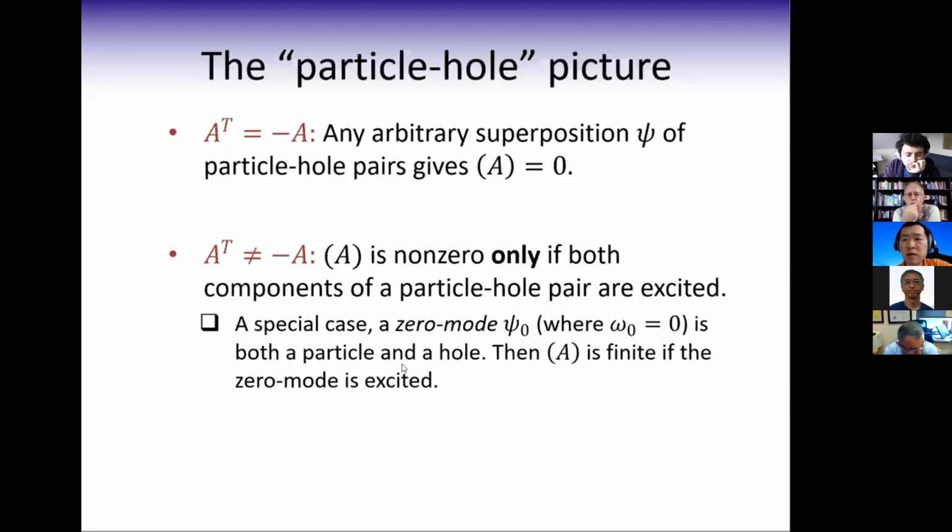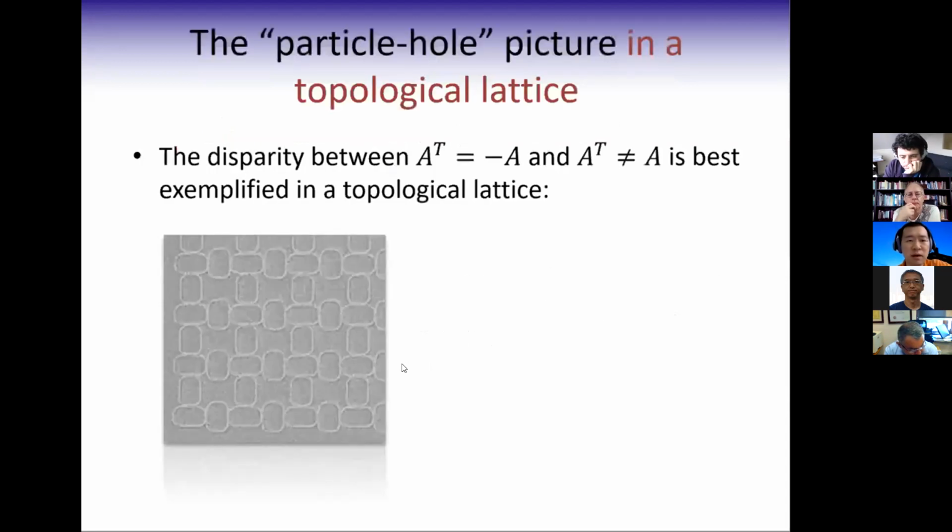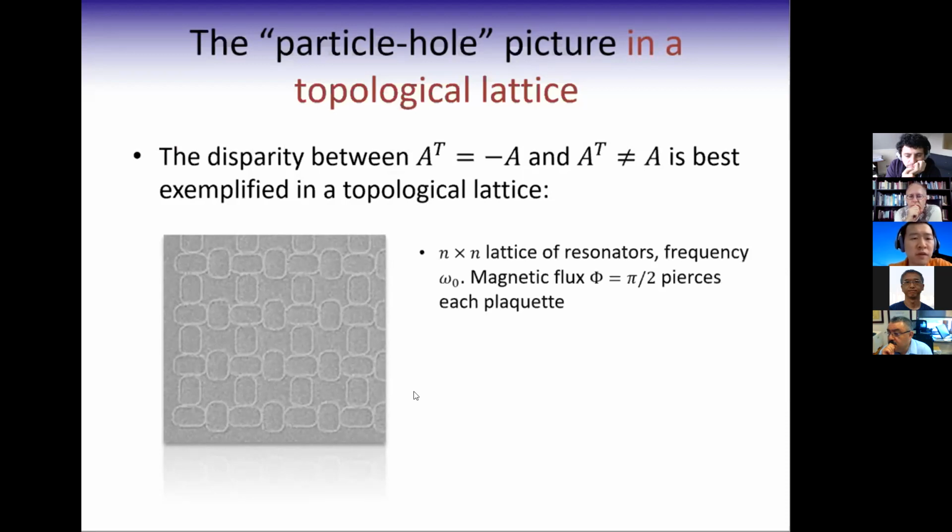Next, I'm going to talk about a realistic experimental realization. This is the same picture I showed you earlier. If we want to talk about the two differences between an anti-symmetric pseudo-chiral operator versus a general pseudo-chiral operator, again, I think there's a minus sign missing here. We can look at such a lattice. Let me show you a few properties of this lattice. First of all, it's a square lattice. We have n by n